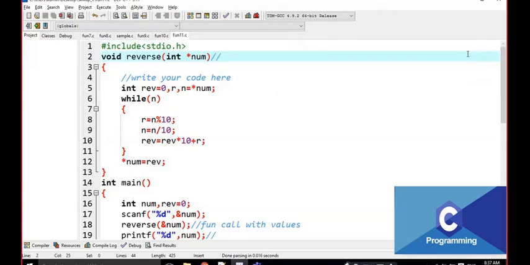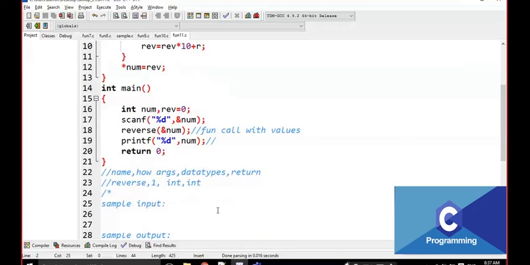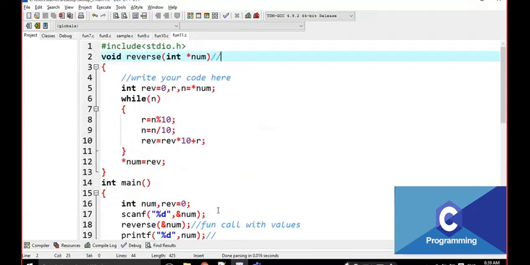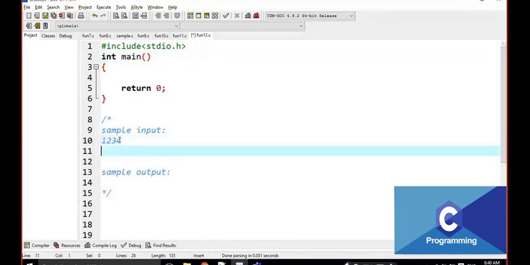Here num is the address and star num is the value at that address. Okay, note it down. I am writing based on the function call and what the output is. Based on that, I write the logic. We write different scenarios based on the question, the function call, and what the result is. With those values, we modify every time. Based on that only I am writing the program here. I am going to write a similar program.